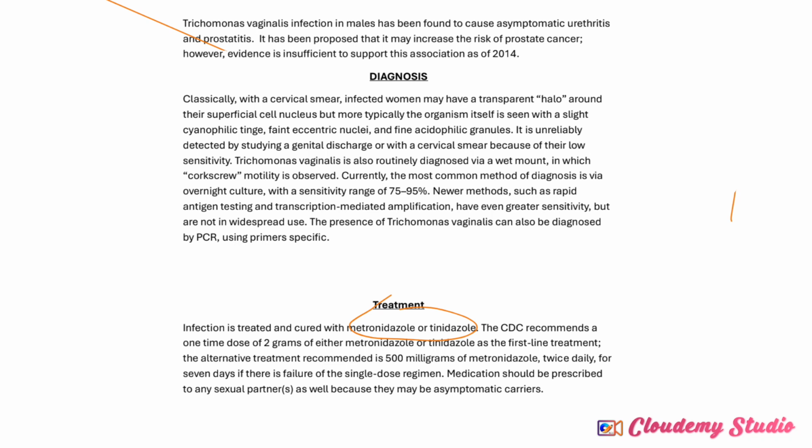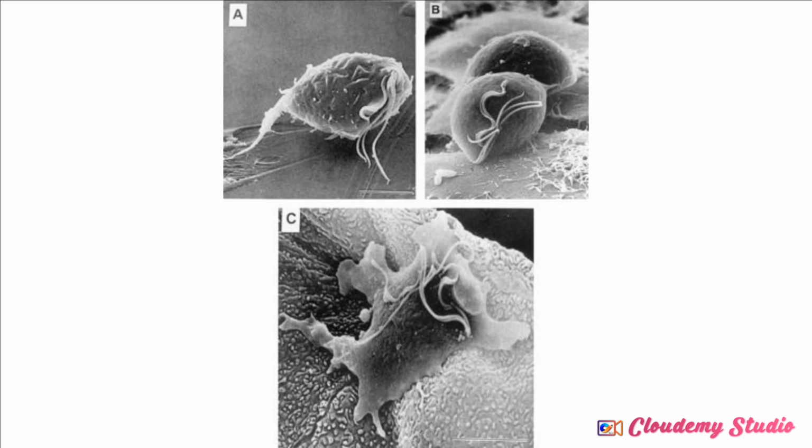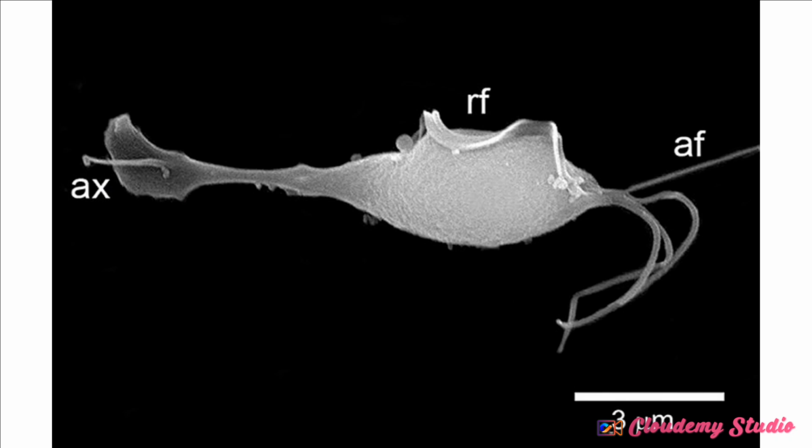And remember I told you that some patients are asymptomatic while others show symptoms, and basically the symptoms that they show are itching, burning, as well as greenish foul smelling discharge from the vagina. So those are the symptoms that they show. So this is a microscopic examination of Trichomonas vaginalis. If you can see this, this is a microscopic structure of Trichomonas vaginalis. We have another one here.